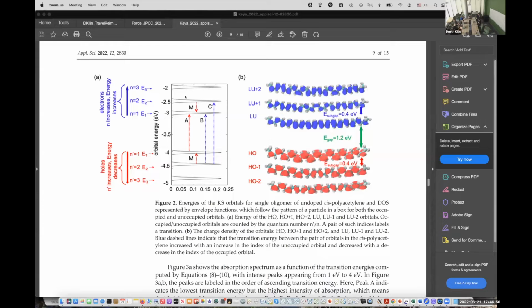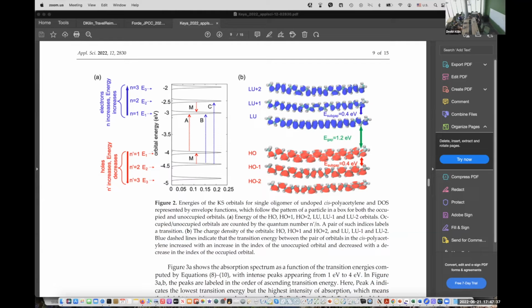So this is the data set from CARE, and the initial conditions for the example that was used by everyone who tried. The electron initially is promoted from LUMO to LUMO plus 1, and the hole is promoted from HOMO to HOMO minus 1. So both LUMO and HOMO, both occupied and unoccupied progression of orbitals,